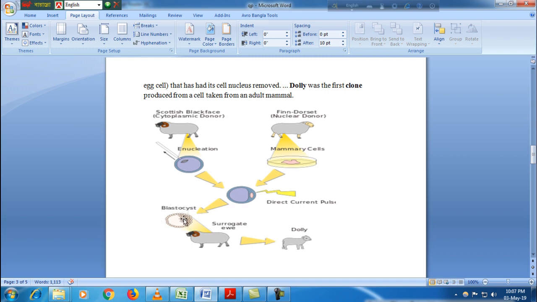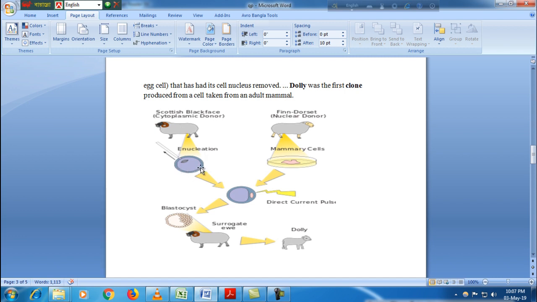Number 5, when the embryo has developed into a ball of cells, it is inserted into the womb of an adult female to continue its development. But here in this experiment we have to remember that there will be two sheep: sheep A, and the other one, sheep B. From sheep A we will remove the nucleus,